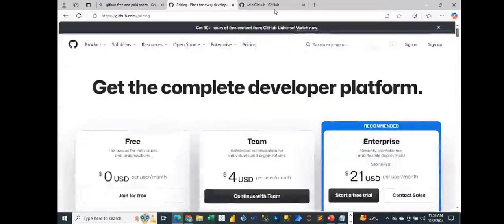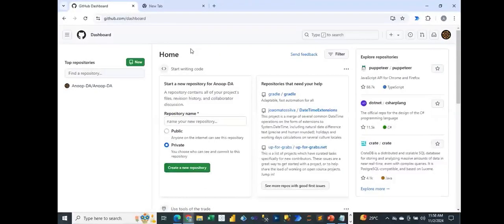Okay, hope this is clear to everyone, how to create the GitHub account and so on and so forth. Okay, and team will also